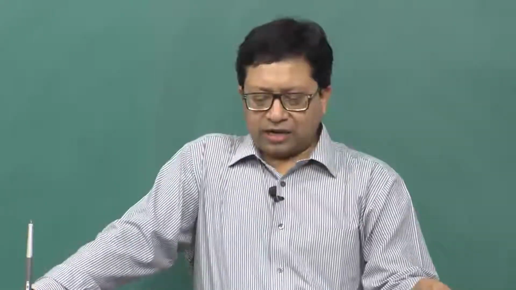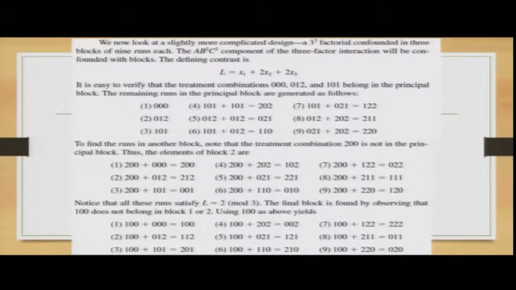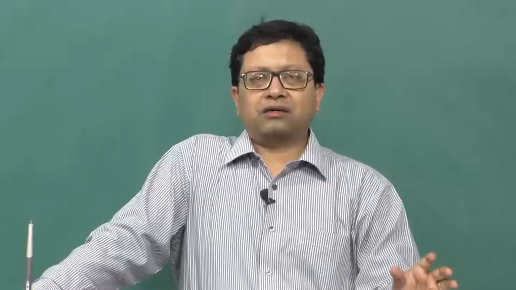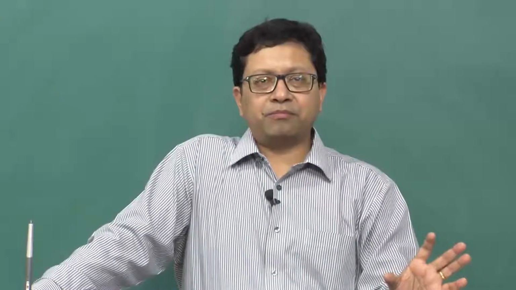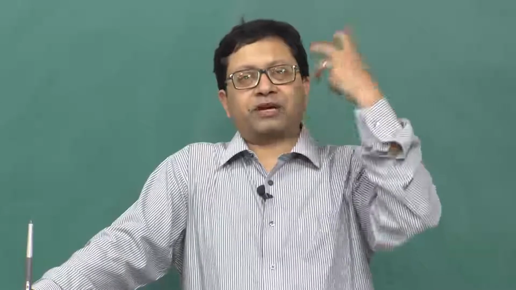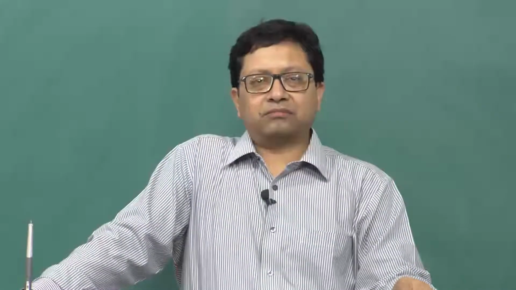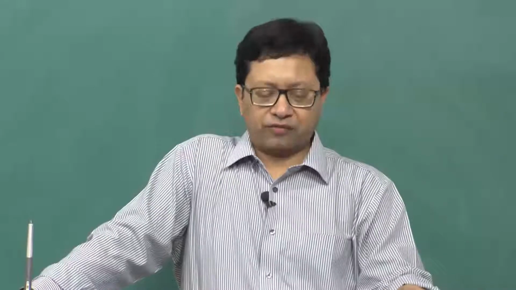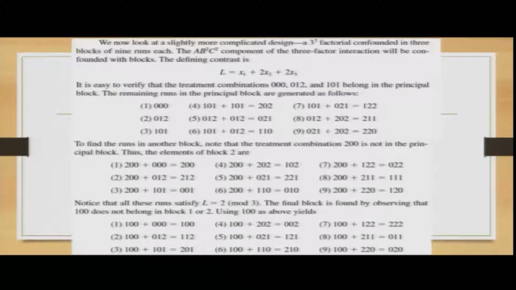So, we now look at the slightly more complicated 3 to the power 3 factorial model. So, obviously, there are 3 factors at 3 levels. So, again they can be -1, 0, +1, 1, 2, 3, whatever, and they are confounded in 3 blocks. So, you will basically have the blocks, those vertical silos inside which the effects amongst themselves will be combined in such a way that the interrelationship between the blocks would be so-called minimized, but obviously you will try to maximize the overall dependency structure when you are considering these ANOVA models. So, there are 3 blocks of 9 runs each.